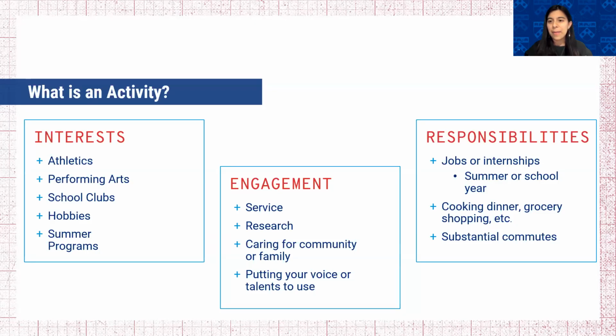And then finally, under responsibility, something that I know I didn't really think about in high school was this last bullet about substantial commutes. So maybe you live in New York City and you live in one borough and travel to another via public transit to get to your school. Or maybe you live in a really densely populated area where it'll take you over 45 minutes in rush hour to travel 5 miles. So maybe when we're looking at a Google map, for example, trying to understand where your home address is in relation to your school, it doesn't look too far for us, but really at the moment when you're actually traveling, that could actually have been a substantial lift for you. So that's all important information that, again, we hope that you can give us.